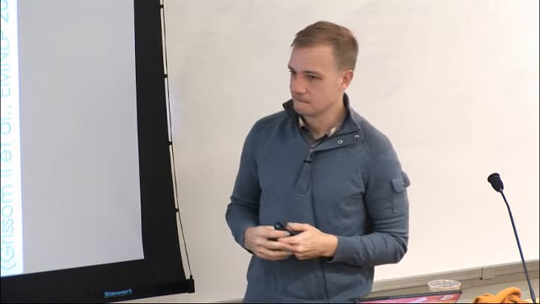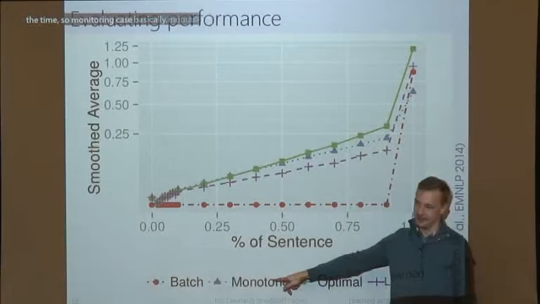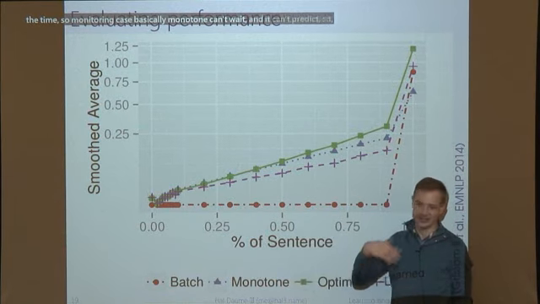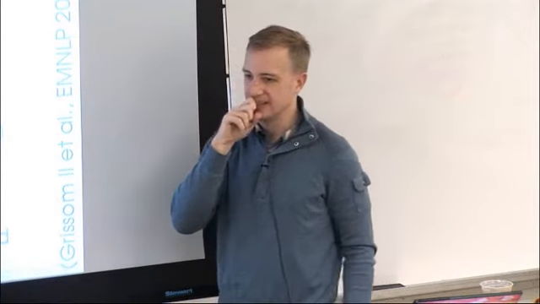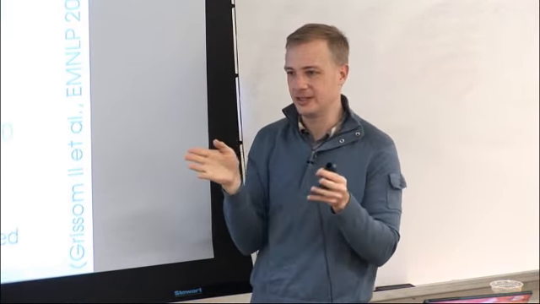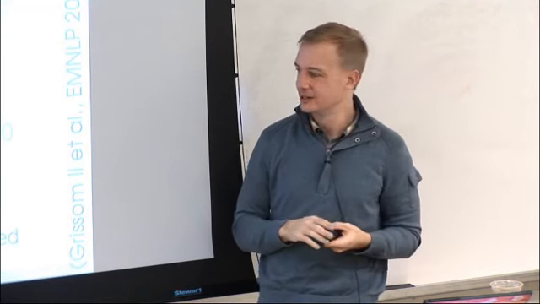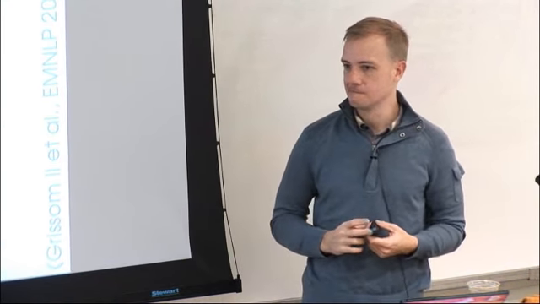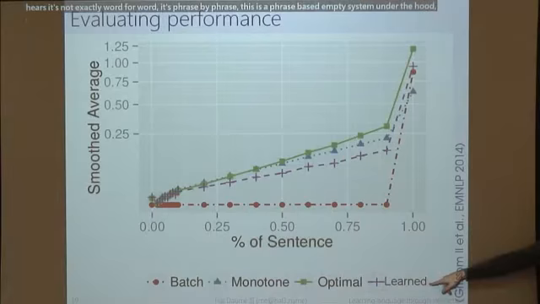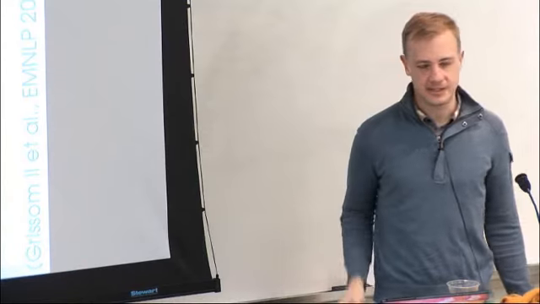For the learned system, what actually are you learning? You're learning the policy. The difference between the learned system and monotone is that in the monotone case, the policy is predefined. Monotone can't wait, and it can't predict. All monotone does is translate as it hears. It's not exactly word to word, it's phrase by phrase, because this is a phrase-based MT system under the hood. When we talk about the learned policy, what are the possible actions? It's wait, predict verb, predict next word, and speak. Just those 4 actions.